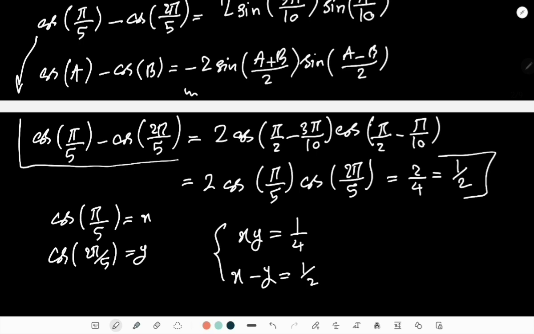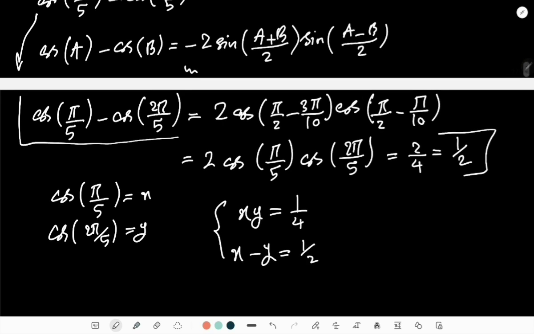Okay, so this is a very easy system of equations, can be solved easily, and I just need to replace y by x. Then I get x minus 1 over 4x equals 1 over 2,